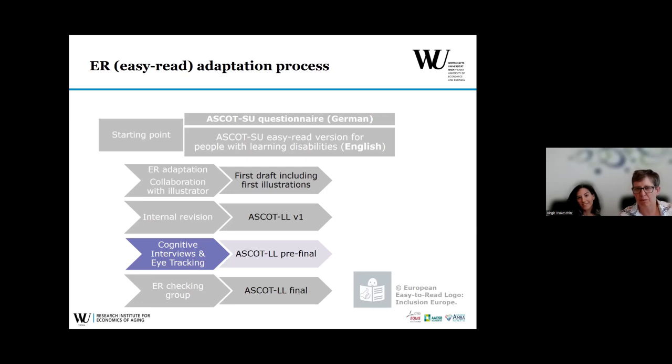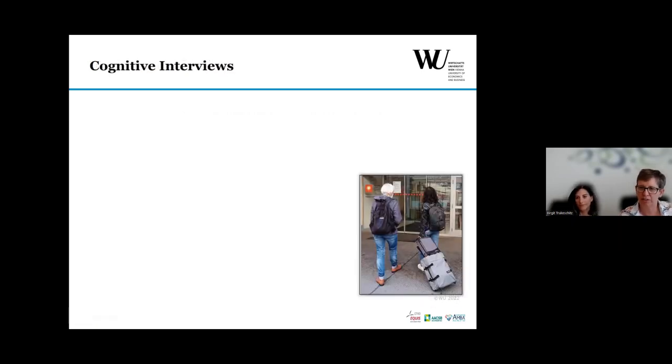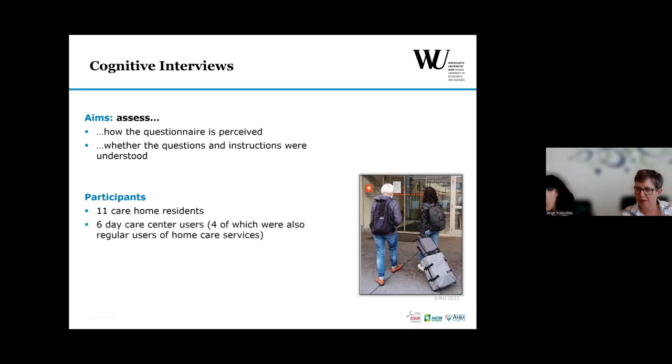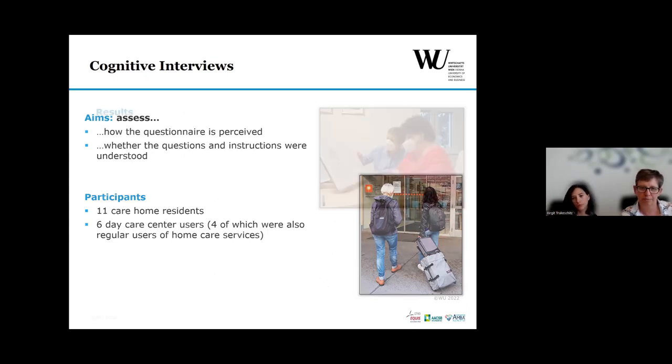This was about the development process, and now we started testing with the typical approach, basically with cognitive interviews. So we went into the care home, and our aim was to assess basically how people perceived the questionnaire. Could the questions and instructions be understood? What about the response options? We had some participants that helped us to find this out. And the main results were,